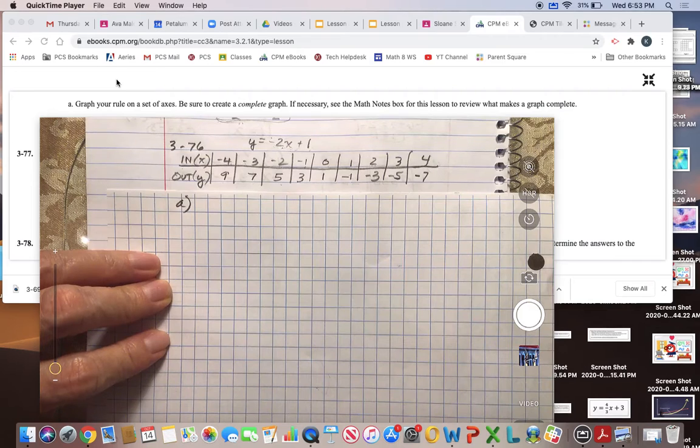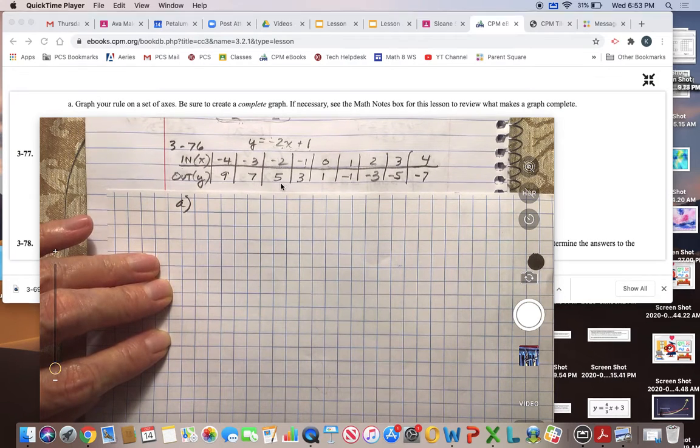Going to graph 3-76 on a set of axes. Be sure to create a complete graph. If necessary, see the math notes box for this lesson to review what makes a graph complete. So first, we're looking at our table and we have to figure out how we want to set up our